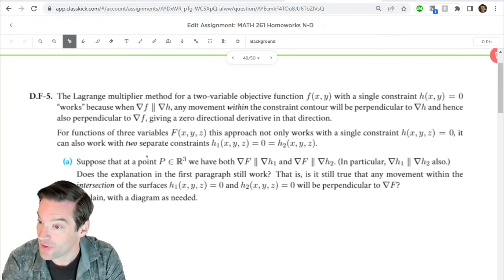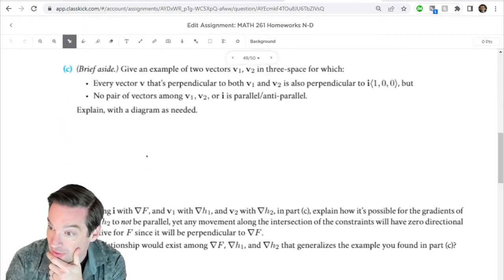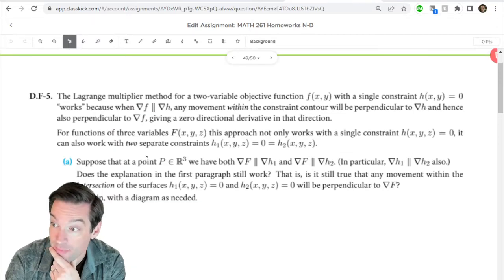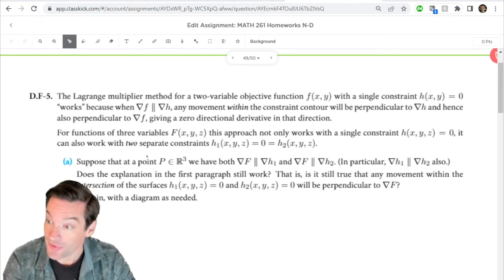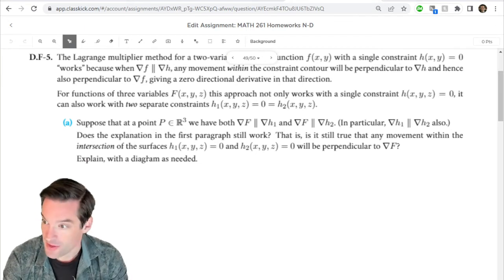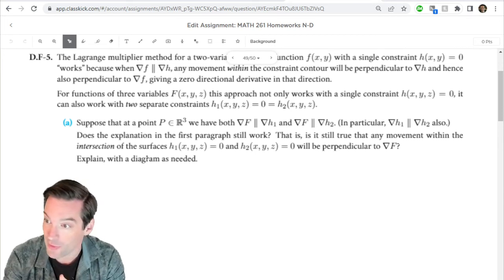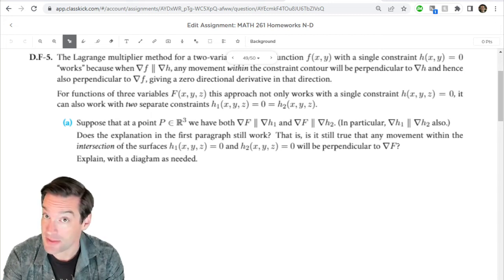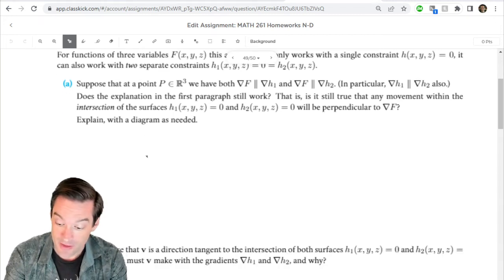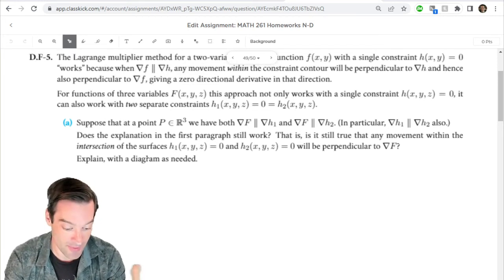The challenging part about this problem, I think, was just getting to the discovery of what relationship ought to exist between the gradient vectors of f, our objective function, and the two constraint functions h1 and h2. In the beginning, there's the observation that if we take the old Lagrange multiplier principle, that we want the gradients of f and the constraints to be parallel to one another, and we apply that to a two constraint situation,